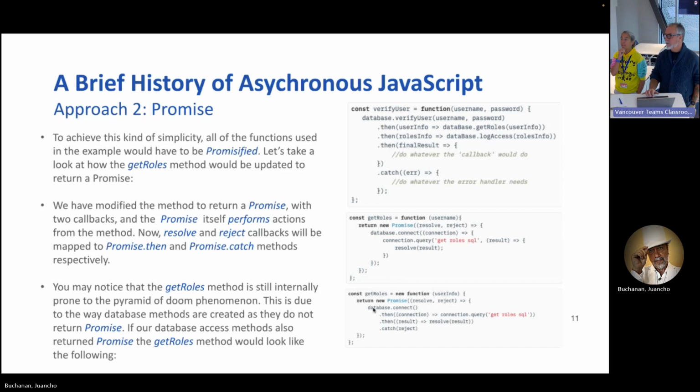Right, because now I'm seeing the keyword promise. Before, when I was seeing this verify user, I could see it as a function that didn't look too bad. These dots are kind of new, but now I'm seeing that the functions that are getting called in those .thens actually are returning promises. And each one of them has this parameter setup that gives me that sense that it's either going to work or it's not.